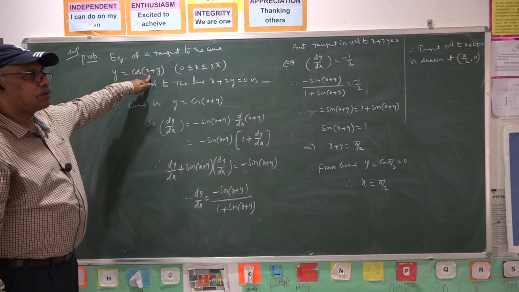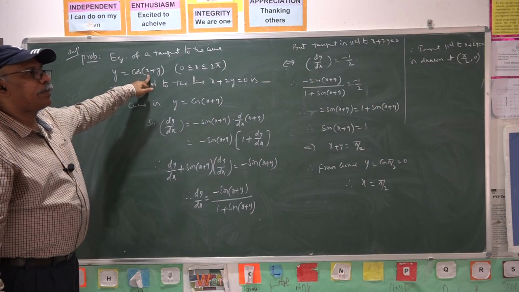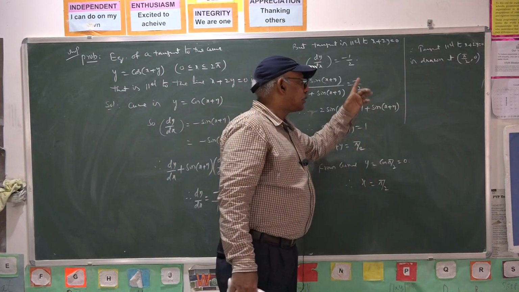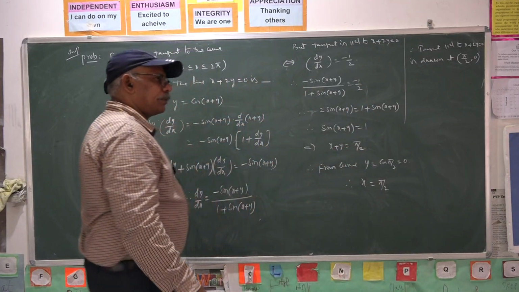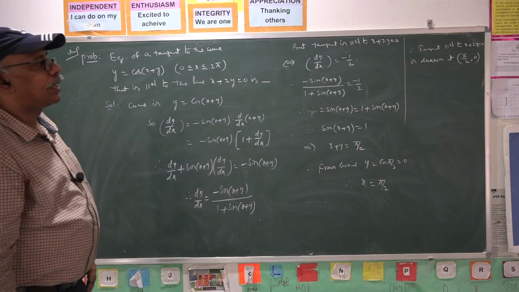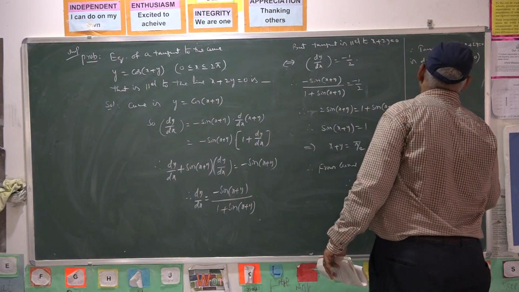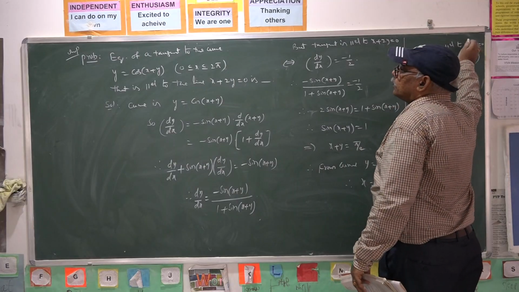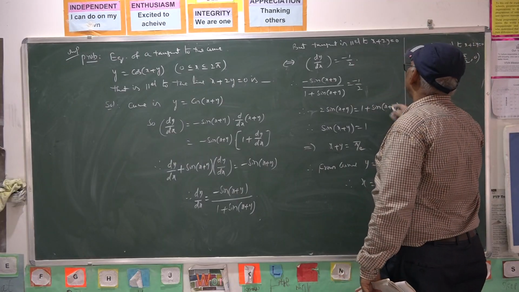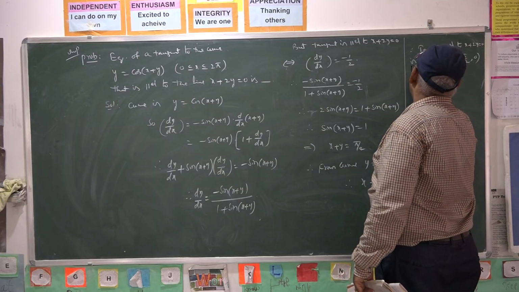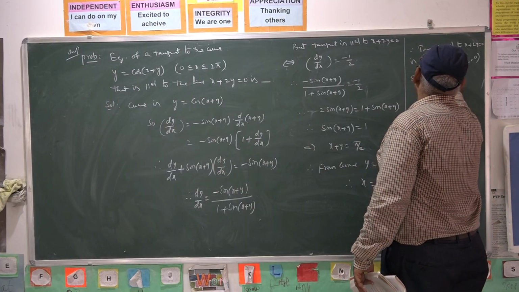So x plus y equal to pi by 2 means cos pi by 2 is 0, y is 0. Once y is 0, x is pi by 2. Hence, the required point where the tangent is drawn, which is parallel to x plus 2y equal to 0, is pi by 2 comma 0. Therefore, the slope is known to us and the point is known. So the equation of tangent